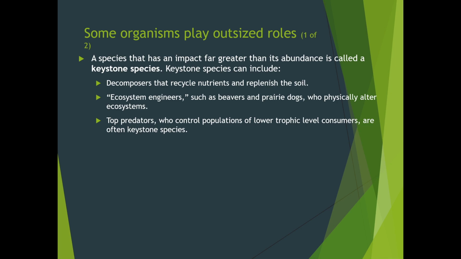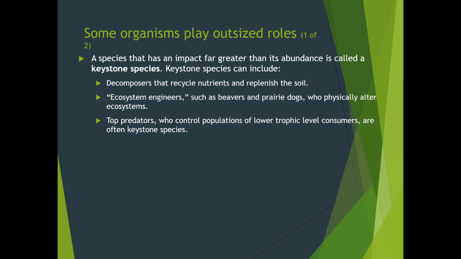And then there are also the top predators, which we talked about, the wolf in Yellowstone National Park. Without that, the whole system changed. And then when we brought it back, it changed to what we knew it was. Whether or not one of those was better than the other, that's for you to say. But you can see here, like they talked about in that video about Yellowstone, if you take out the top predators, that would start a trophic cascade.